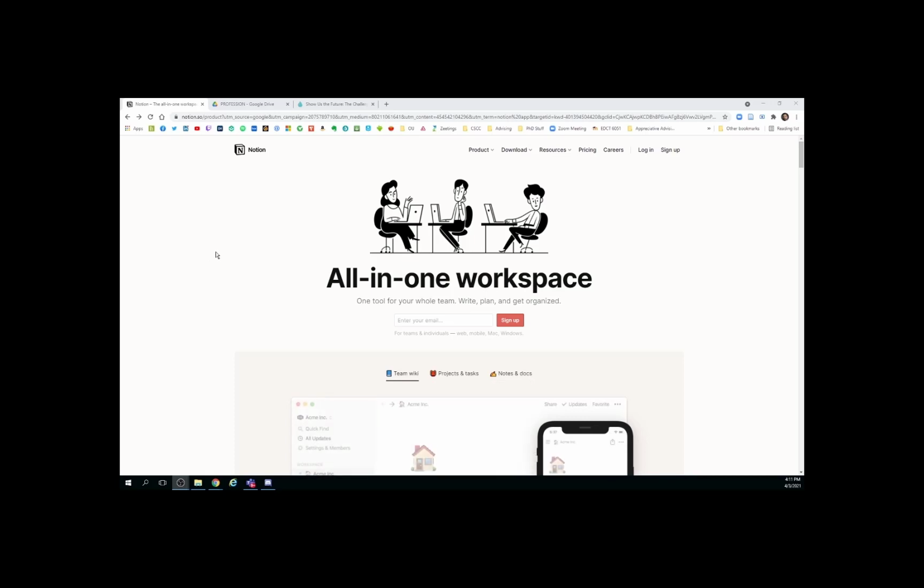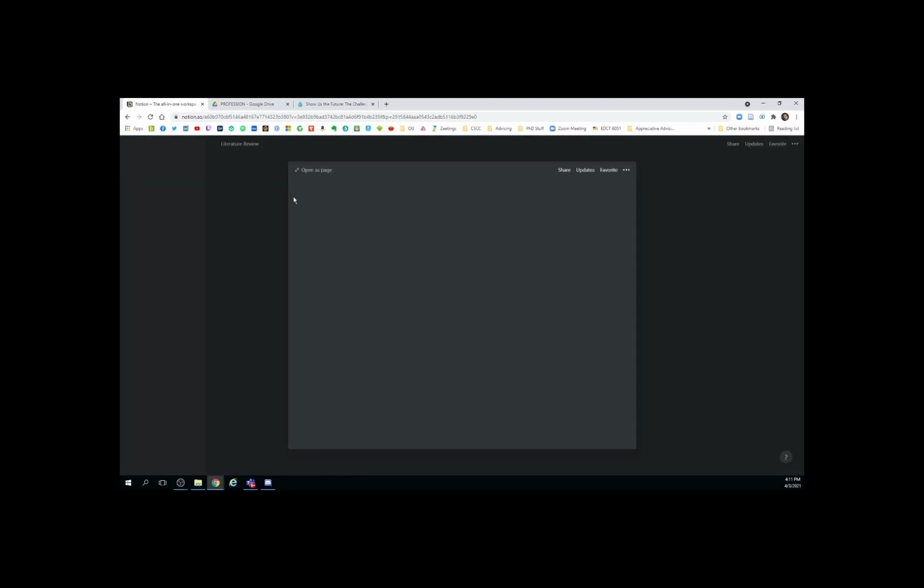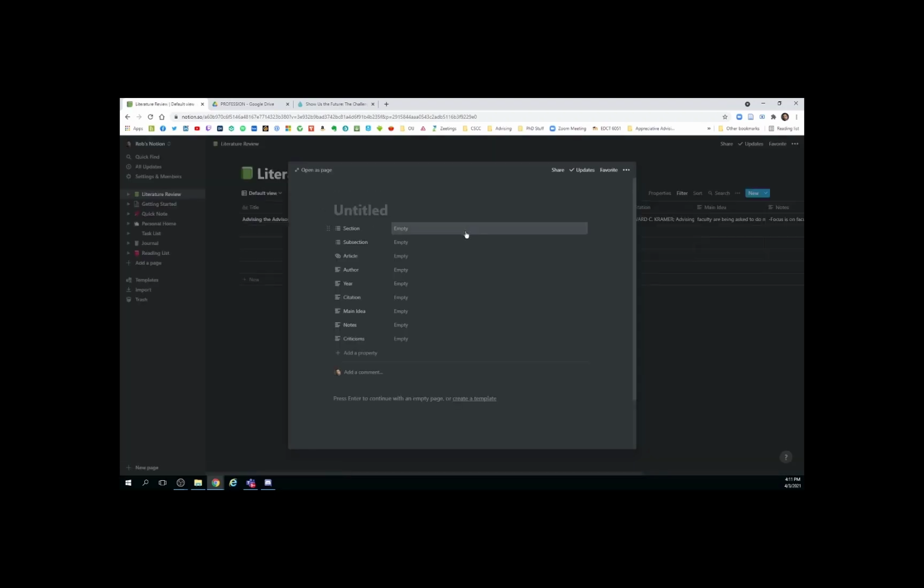One thing it allows you to do, which is really helpful, is build databases, which are then filterable and sortable and all that jazz. So I created a database here. You can see it's called Literature Review, and I've got an empty field open to add to this database. I'm going to show you how I add articles on. So for the title, I just put the title of the article. I'm going to do one called